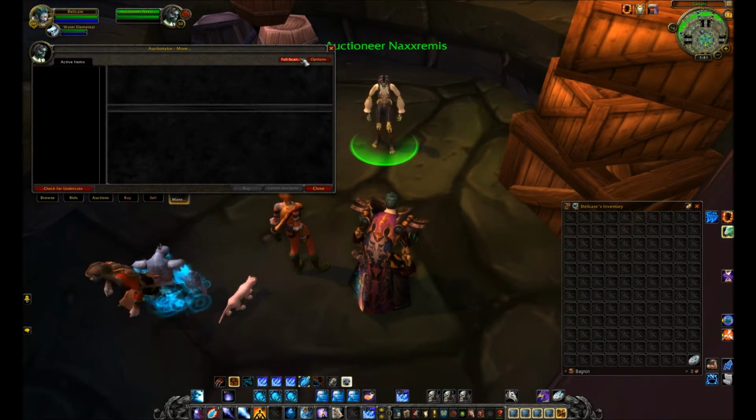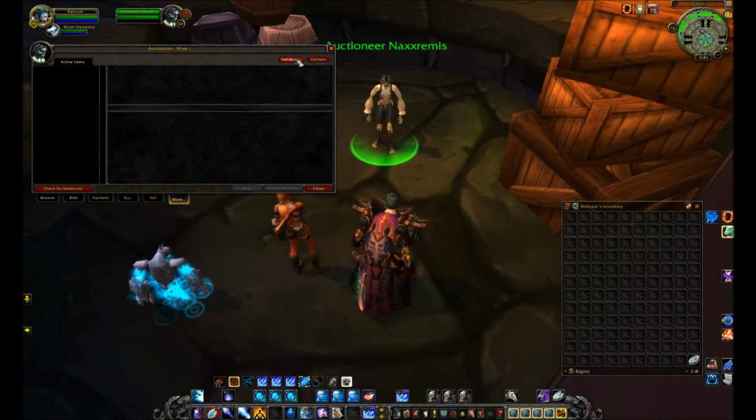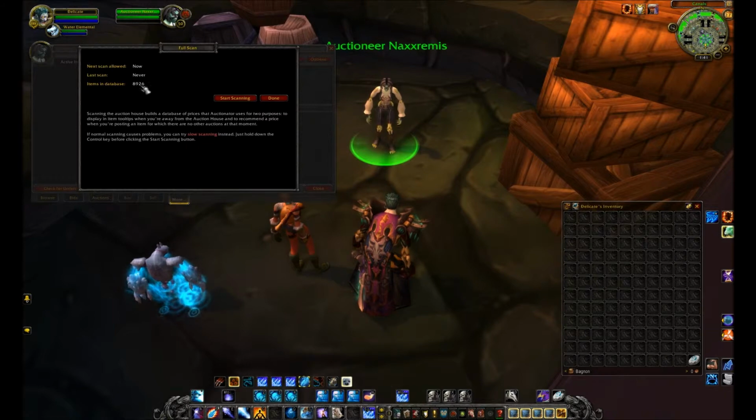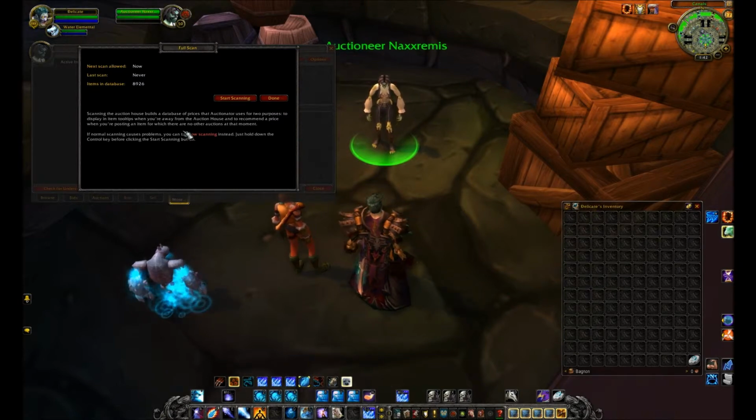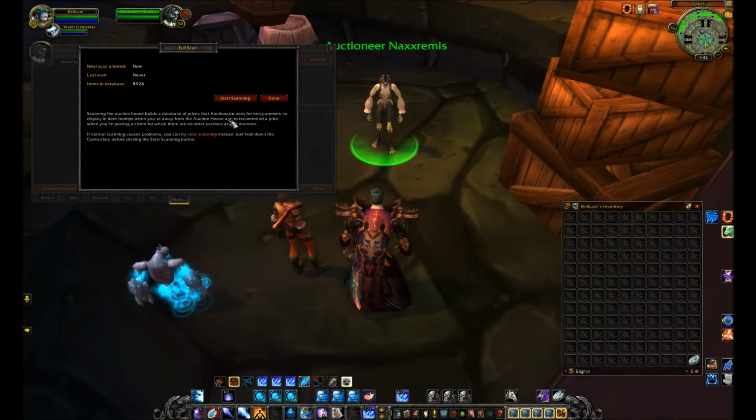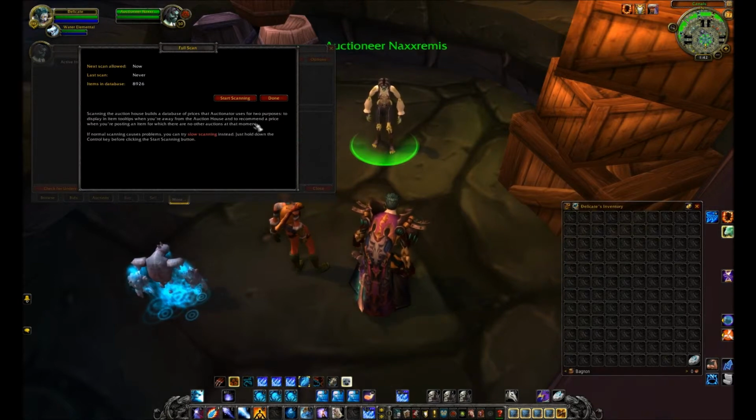So the last thing is the full scan. Now, if you just click full scan and you just hit start scanning, it'll do a quick scan, and it'll only put so many things in the database because it's kind of like skimming the auction house. If you want to do a longer slow scan where you actually get every single item and you get an average and a lowest cost of every single item that's currently available in the auction house, which I do recommend at least once a week, or a couple of days into new